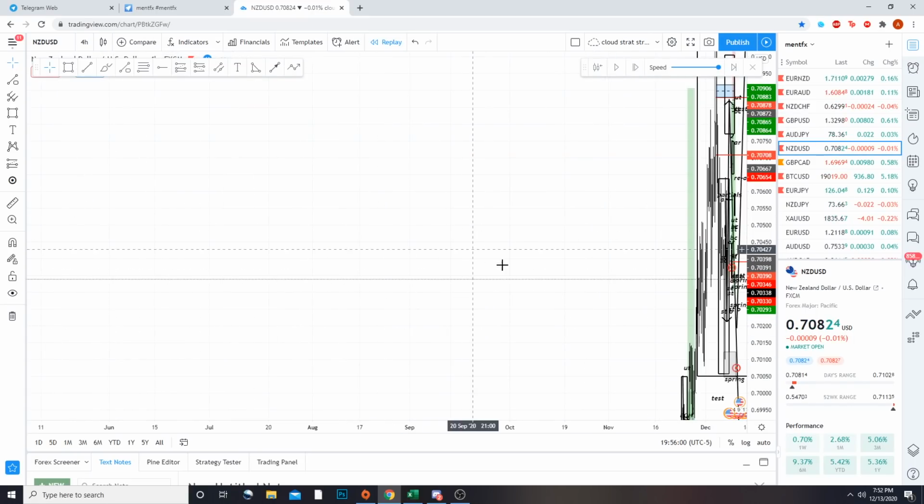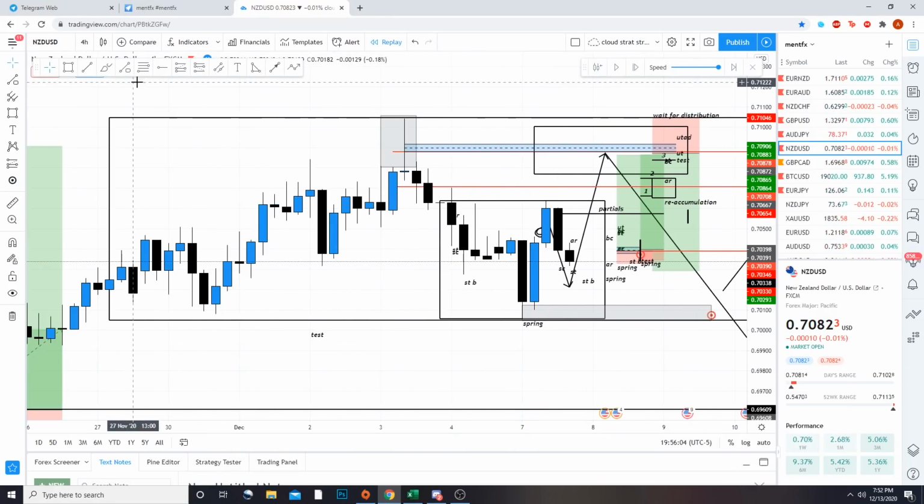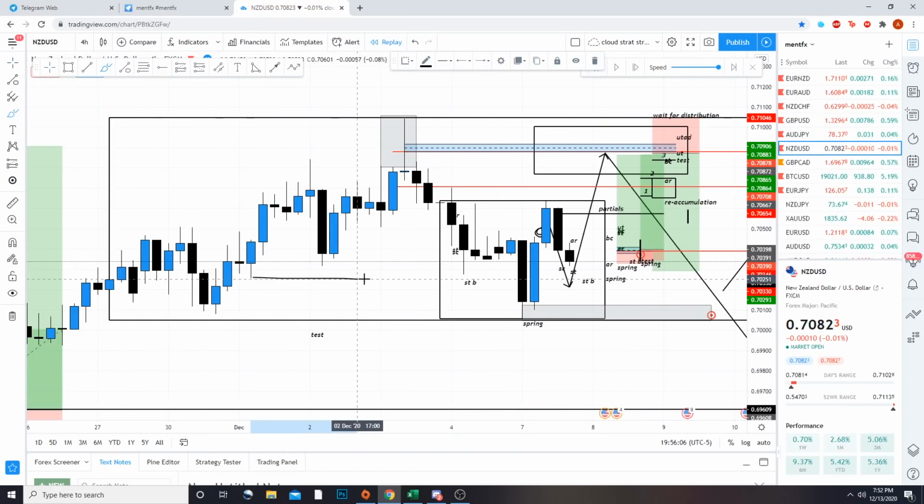So if we go to a 4-hour very quickly, just take a look at what actually occurred here. You can now see it relatively easily. You had these lows, these equal lows. What rests below them? Like we said, stop losses, people that are trying to sell. Here's your move down through the lows. Here's your move up. And now what are we expecting? The retest of this area to continue higher.